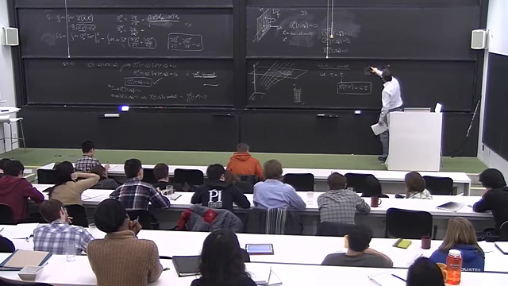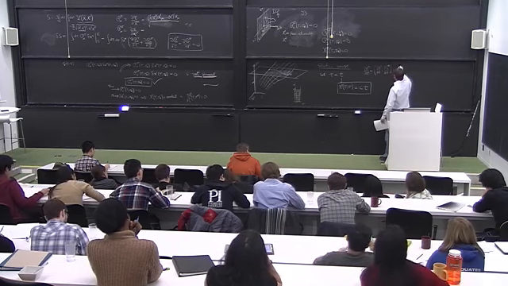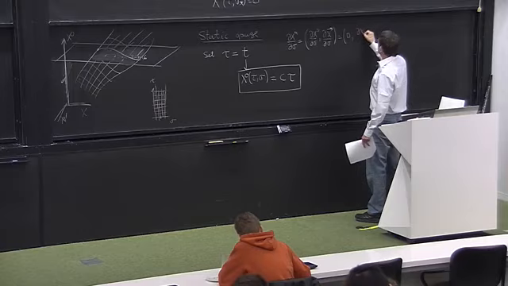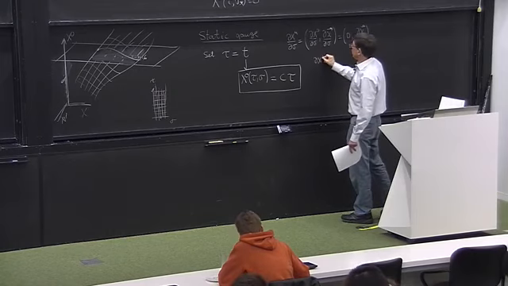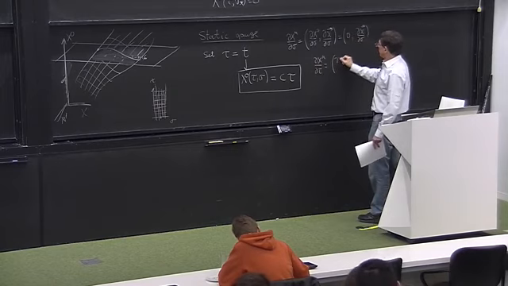We split the mu indices into 0 and vectors. And dx0 d sigma is 0. And dx mu d tau would be dx0 d tau